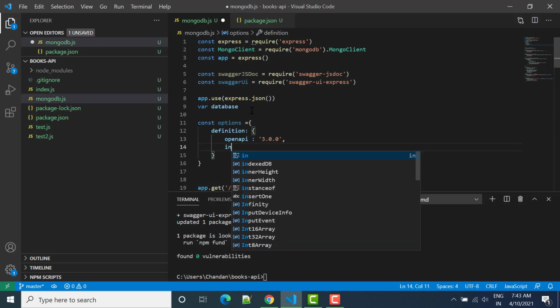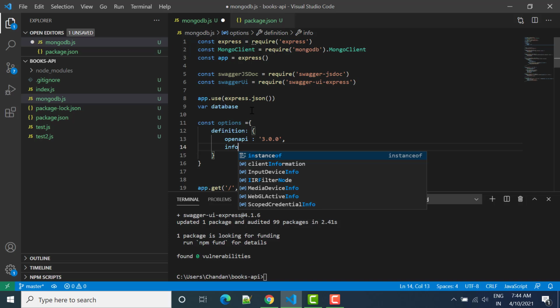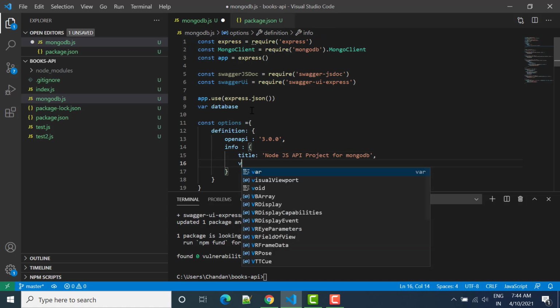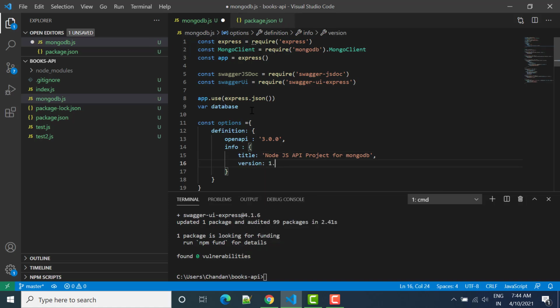Then we can say info, and inside info we will use title. This title will be displayed there, so I can write here Node.js API project for MongoDB. After that we can write version also. We'll write 1.0.0. Now we have added info.